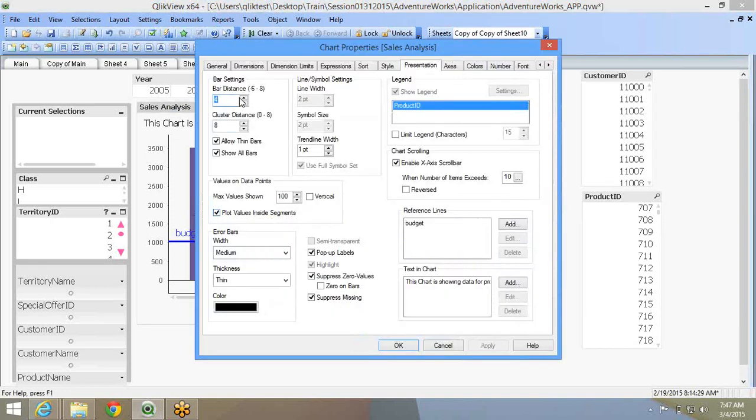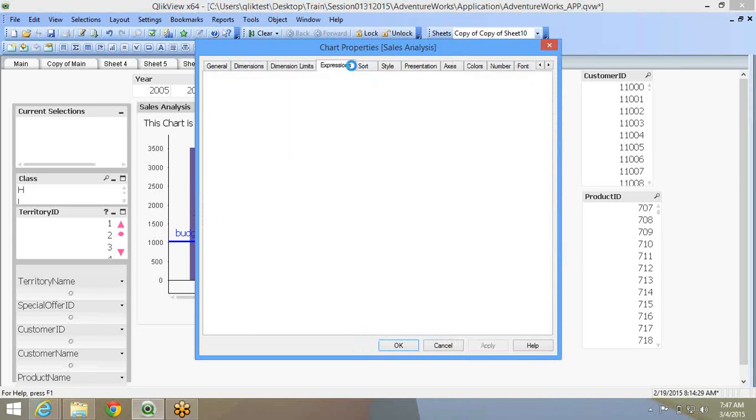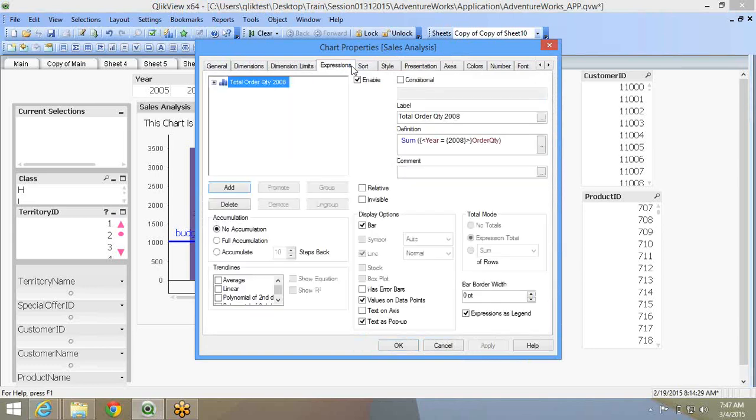That's the text in chart. Now coming back to expression.